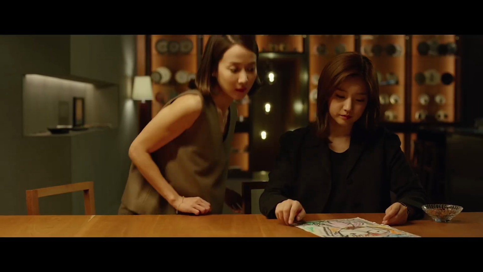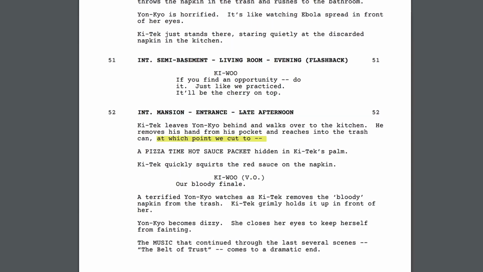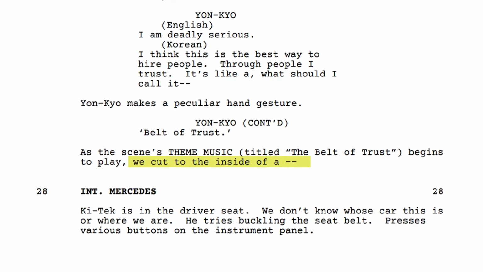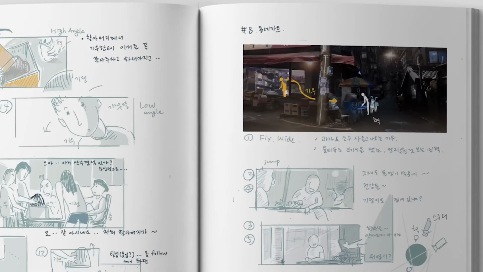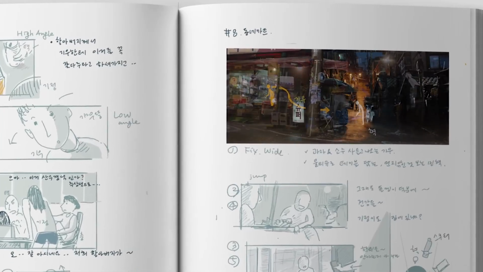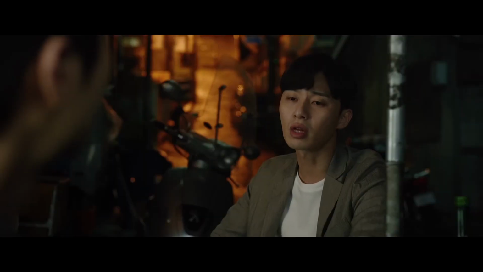For Bong Joon-ho, one of the reasons he can avoid shooting coverage is that he's often incorporating or planning how the film will be edited together in the script and in his storyboards. Let's look at this scene. As the conversation shifts to the idea of conning the parks, the visual composition of the scene changes.